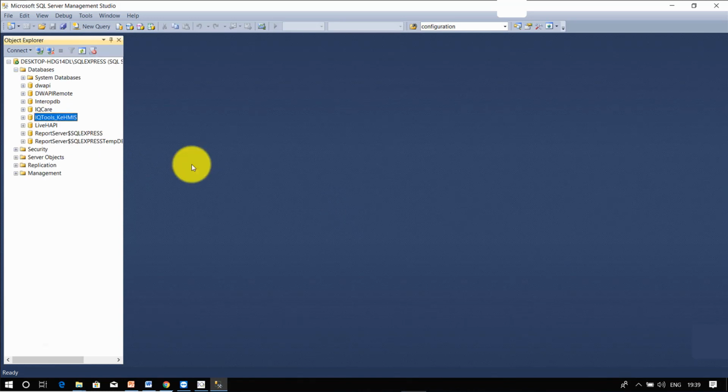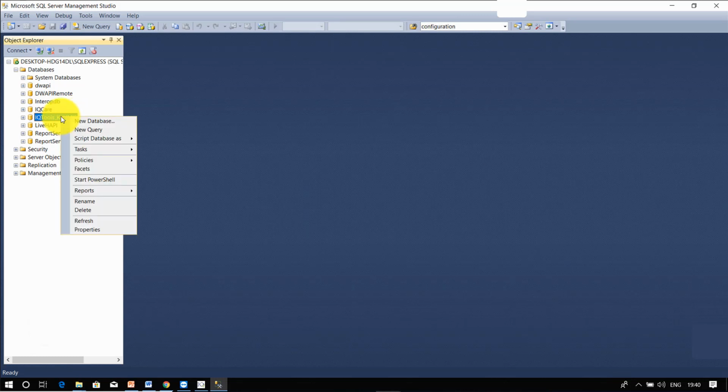Expand the databases. Kindly note, before deleting the IQ Tools Kenya HMIS database, if you had pre-designed queries in IQ Tools, back up the queries before deleting the IQ Tools Kenya HMIS database.